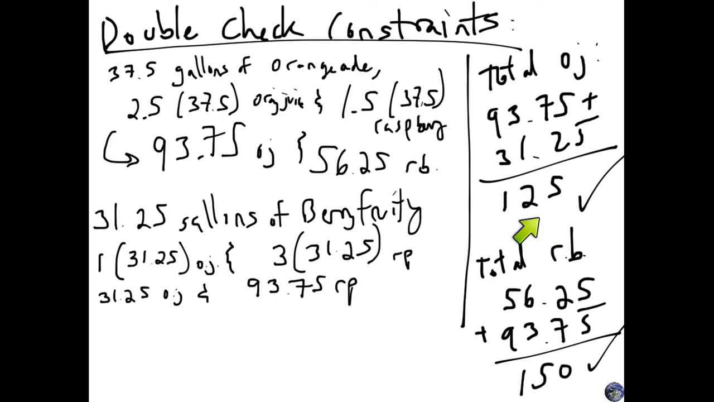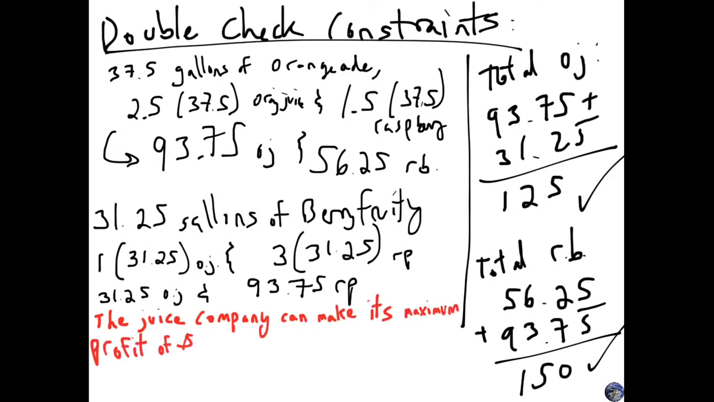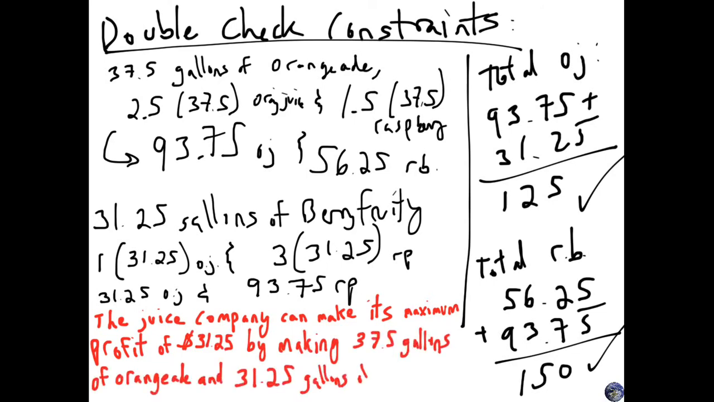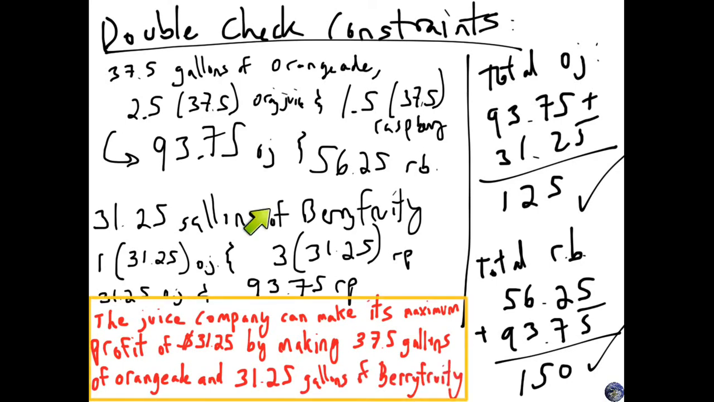even though technically it's wrong. So at this stage, we would go ahead and, because the question was in a complete sentence, we'd have to answer in a complete sentence. So I would say it like this. So the juice company can make its maximum profit of $31.25 by making 37.5 gallons of orangeade and 31.25 gallons of berry fruity. So that would be your final answer if the units hadn't changed,